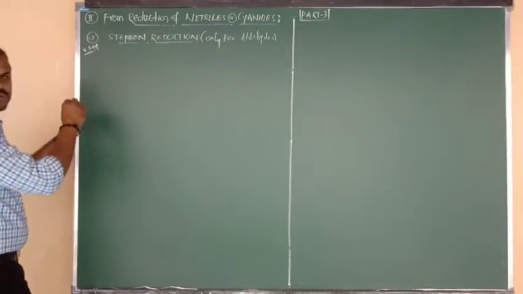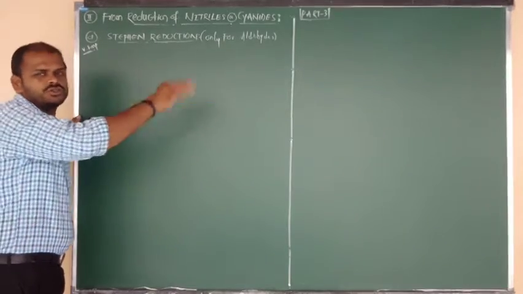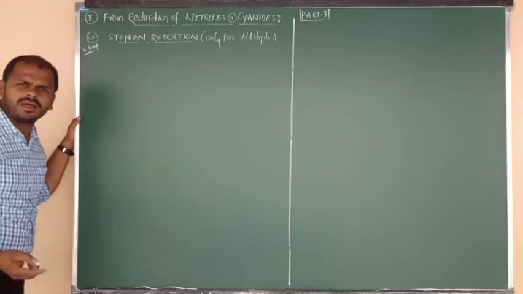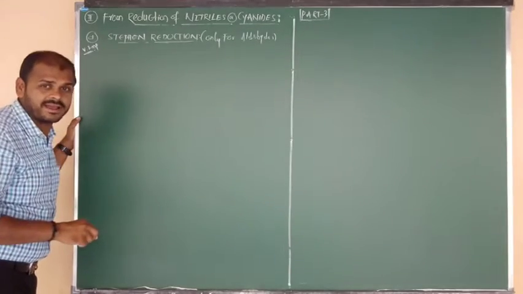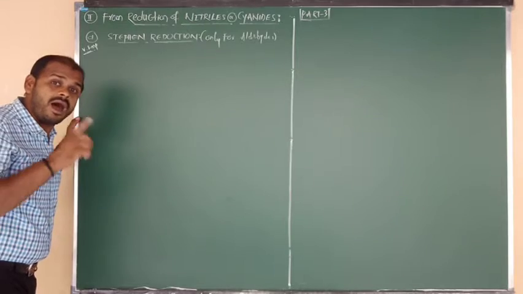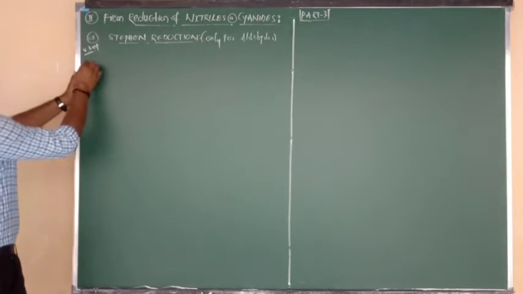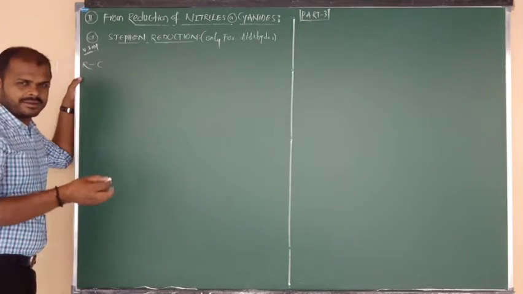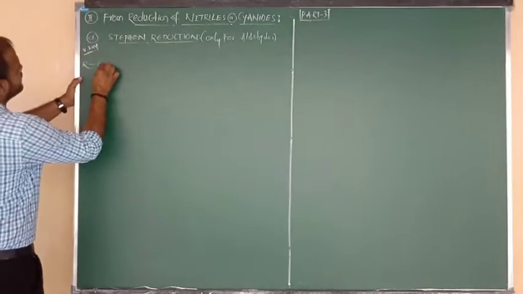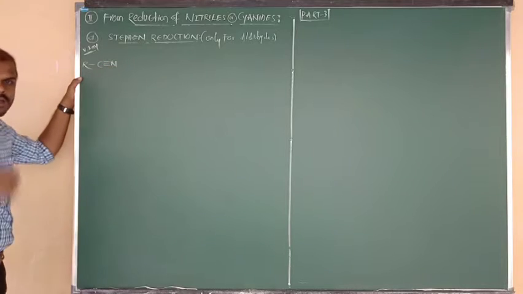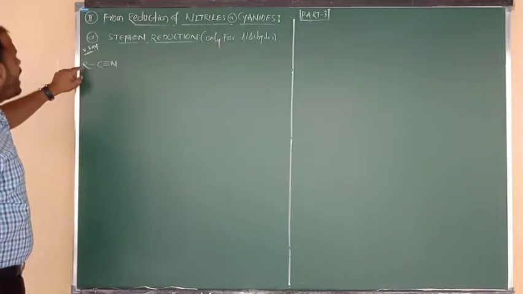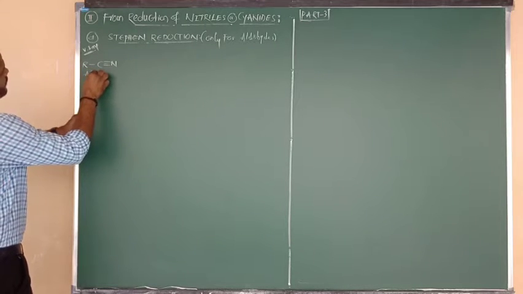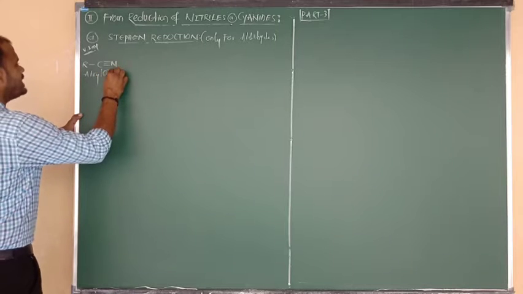Okay, first of all I am going to give you the statement, and in that statement I am going to show the reaction also. So first of all, nitriles, general formula; one more name is cyanide. What is the cyanide's general formula? RCN. Okay, beta? I am going to write the formula. R bonded to C and C connected to N, but between C and N how many bonds will exist? Three bonds will exist. So R, C triple bond N. What is the name of this compound? The name of this compound is alkyl cyanide.